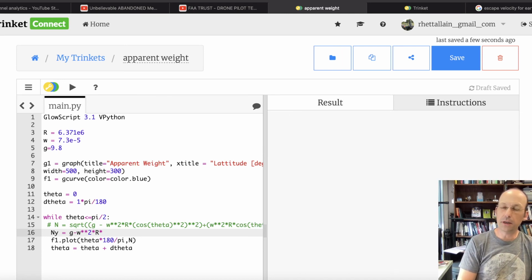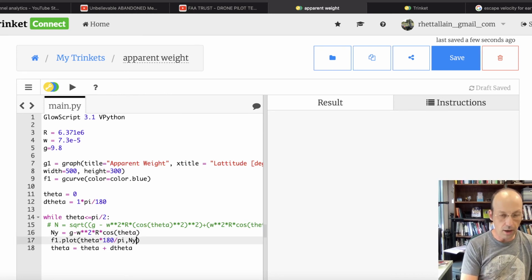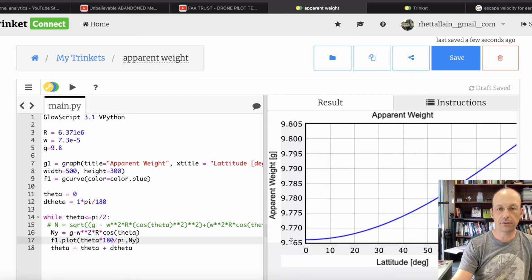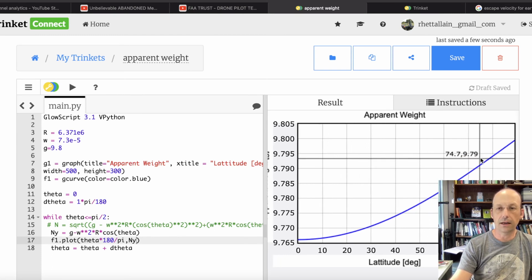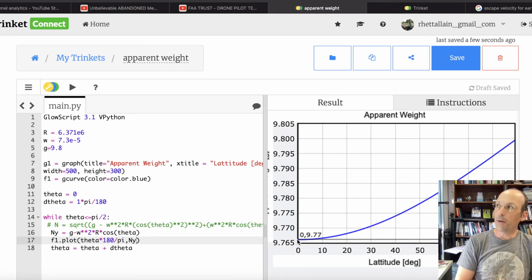See, but it should just be cosine theta. Let's just say cosine theta, because I know that one works. And then if I plot that in y, let's see what happens. Okay, so see, here I'm getting the value that I expect. I get 9.8 up there. But then if I multiply by another cosine squared theta,